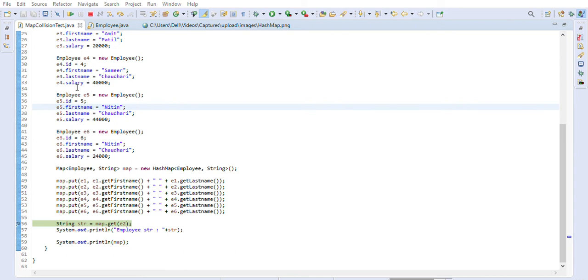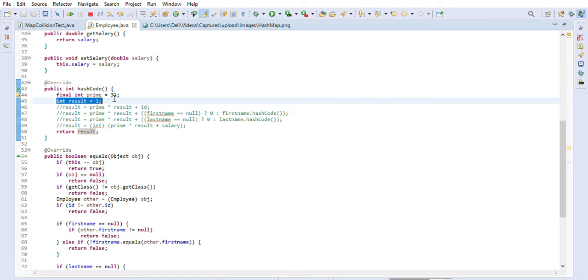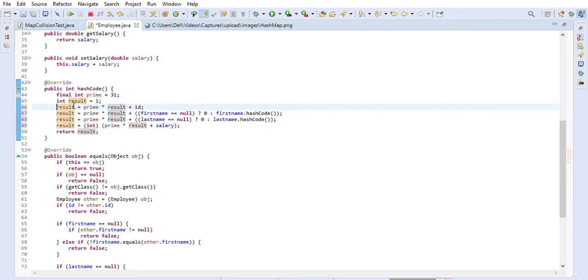So we should implement the hash code of the key properly, so I can show you the proper hash code method. This one I created only for demonstration purposes, but in reality this is how the hash code is implemented. We take a prime number and we always multiply the result by the prime number. We add the field and its hash code, right? If it is a string, we add the String hashCode method result. So that's how we create the result: we multiply the prime number by the result, and we keep adding the hash code of every field, and that's how we create a hash code. So now let's rerun this program.